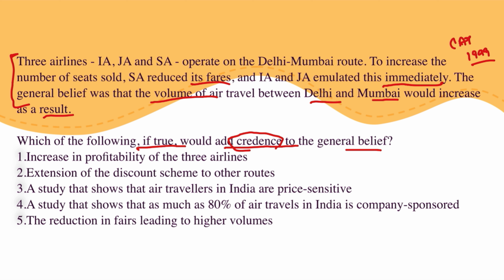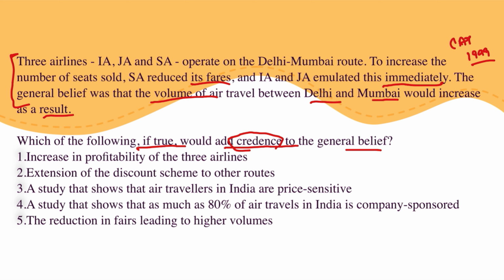Credence as in would support it, would strengthen it, right? So, what is the general belief here? It is stated in the conclusion that volume of air travel will increase if the airfare drops, right? That is the general belief. Underlying assumption is what? That the travelers decide whether or not to fly based on the cost that they are expected to pay. Right? Now, if we look at the options,